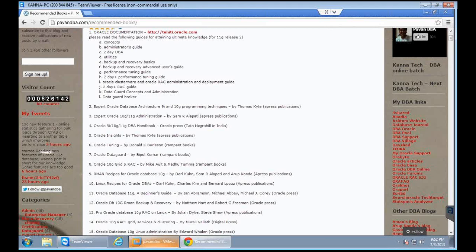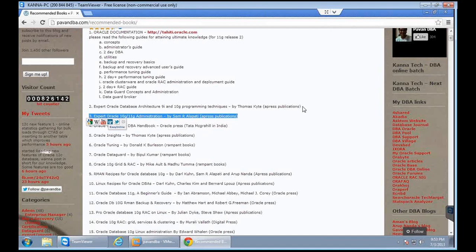I am just forwarding that ebook. It is by an author called Sam R. Alapati. That's very basic learning that you have. Of course, that book is very big, nearly 1300 pages or so, covering almost all the topics of DBA. You might be receiving two emails, one with the Unix PPT and another with this. The one I have sent is the third book mentioned in my blog.